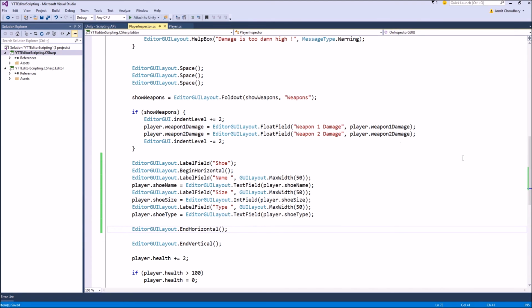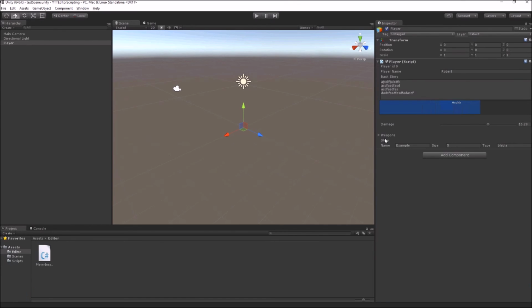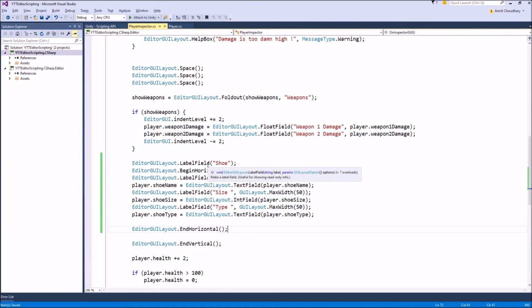Now let's look how the horizontal layout is working here. First you write a simple label above. We are still in the vertical layout system, so we write our shoe label here, and then in the next line we start with our horizontal layout system by writing begin horizontal. We assign a label.